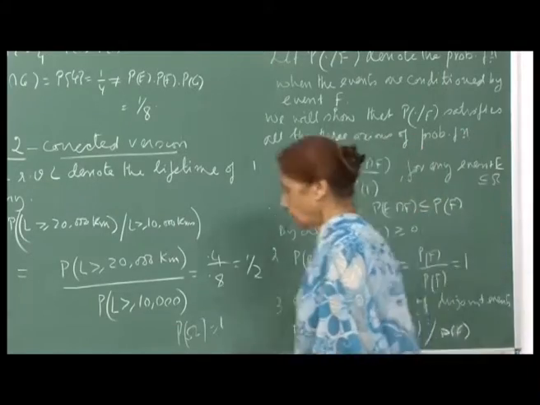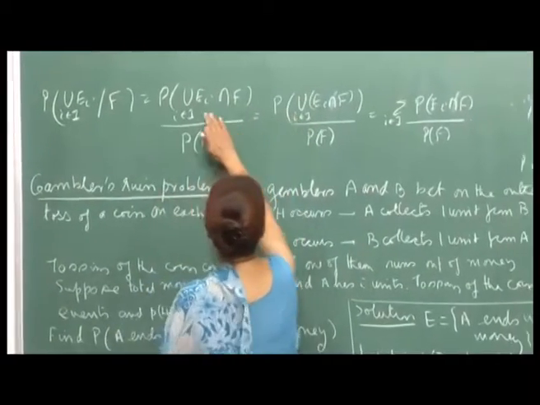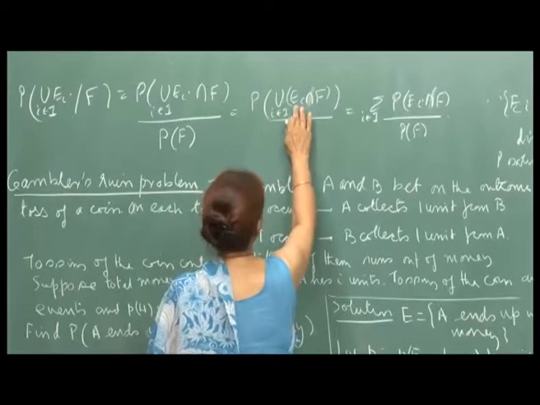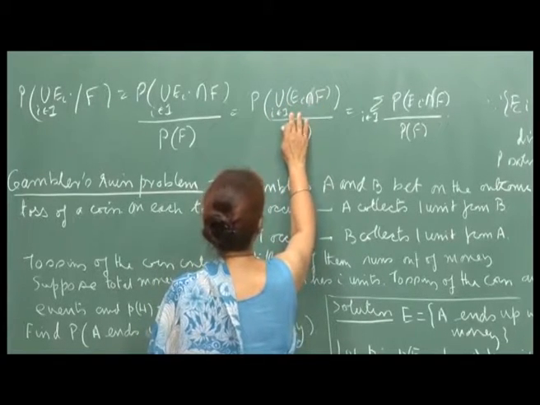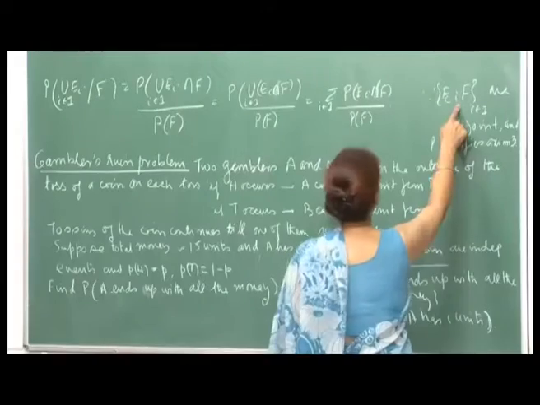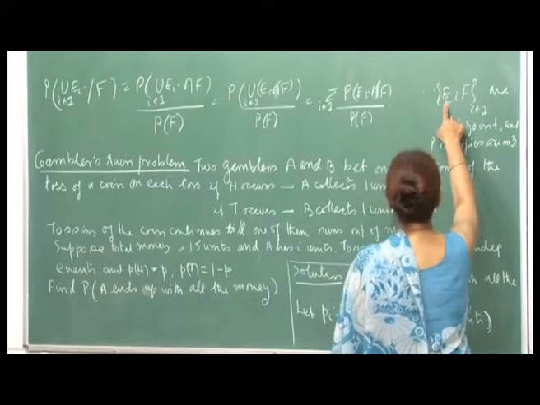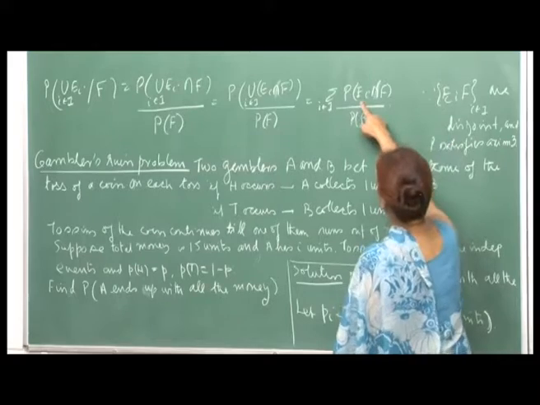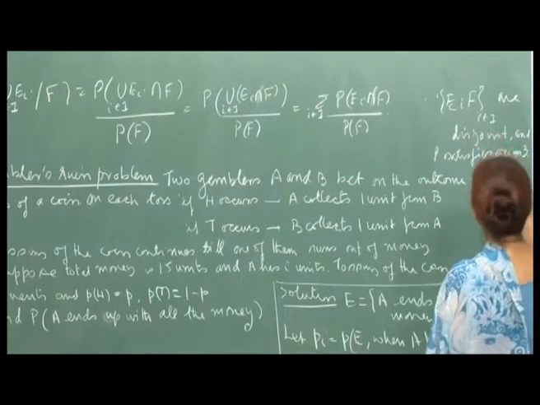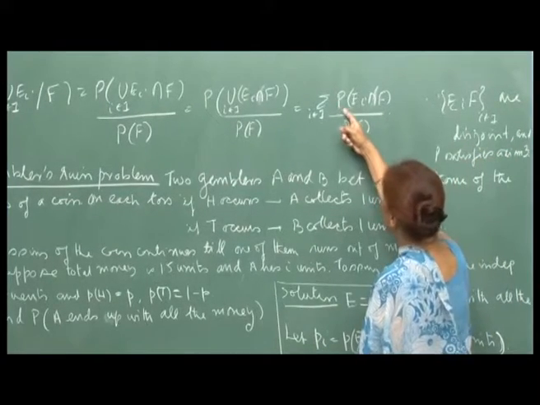Now, this I can write as, because the distributive law holds, this can be written as the union of E_i intersection F, i belonging to I. Now, because the E_i intersection F are disjoint, since the E_i are disjoint. I have taken a sequence of disjoint events E_i here. So, the E_i intersection F are disjoint, and so the original probability function P satisfies